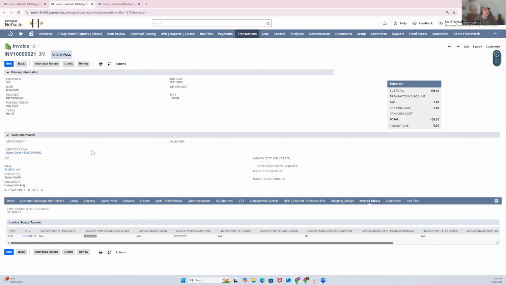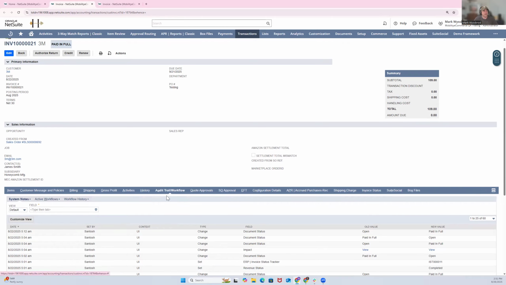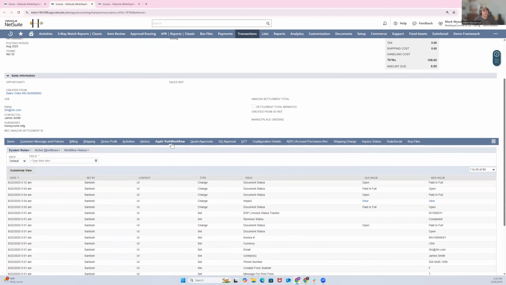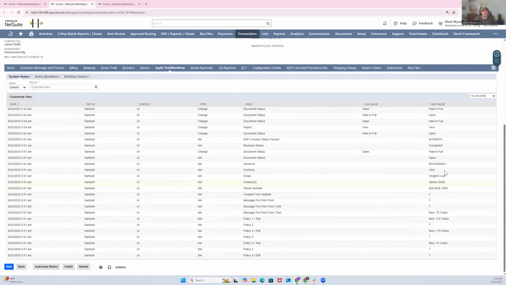So with an invoice or pretty much any transaction, right, you could come to your audit trail. Sometimes this is just called system information, and then to your system notes, and you could kind of see who did what and when the status changed. So document went from open and then paid in full, right? So you could see that on the system notes, and you could bring this into a saved search. It would be even more difficult, or more challenging, right, to create a formula that looks at the different